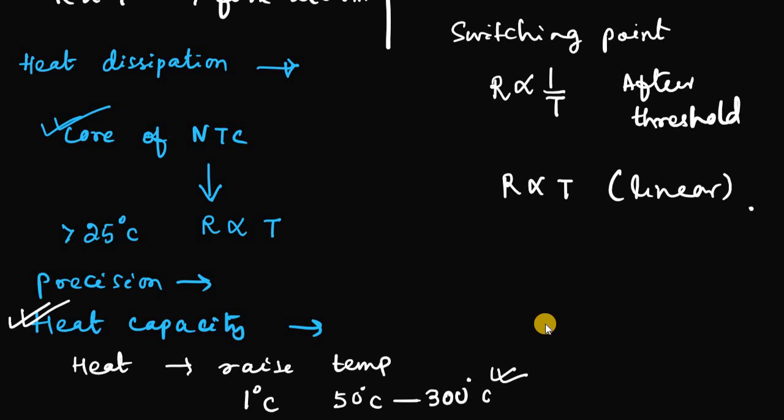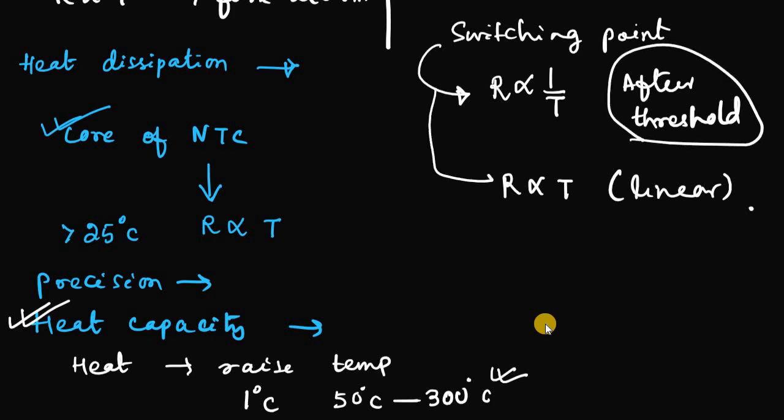So the switching type, we can make it according to the temperature changes. Why is the name called switching type? Because at some point it is acting as inversely proportional to the temperature, so that alpha is positive or the temperature coefficient is positive. But beyond the threshold, the resistance varies linearly with temperature. And that's why it is called a switching type resistor or thermistor, which is a very useful thing.